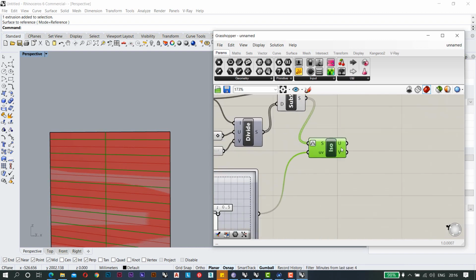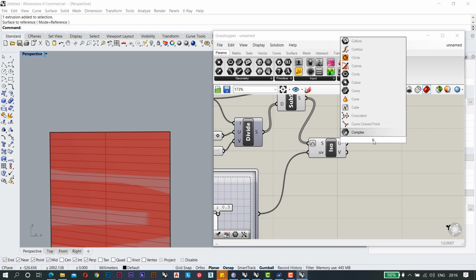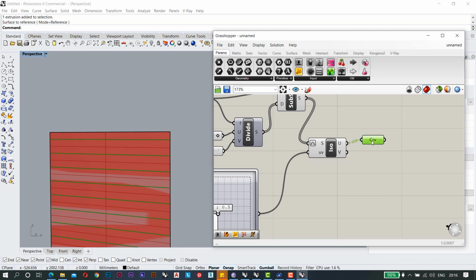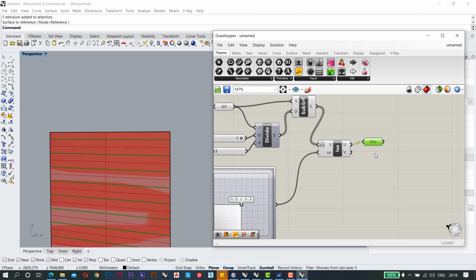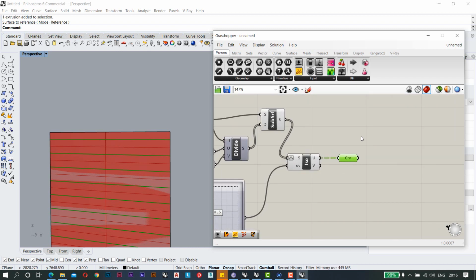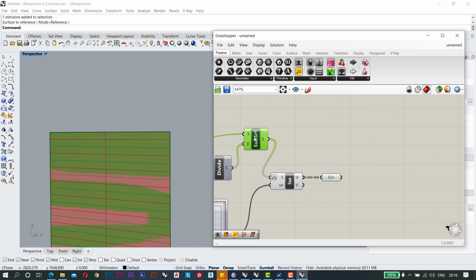Now you have u and v, but we just need the curve which is in the u direction, because I need just the horizontal one, since I want to twist it along horizontality, not verticality. So now these will be my axis and these will be my surfaces.